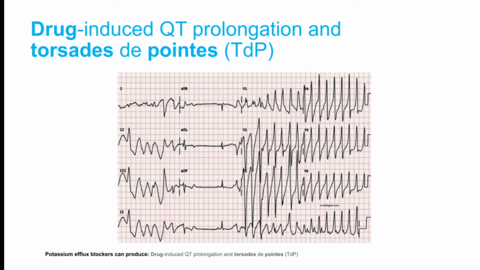Now this is an ECG of Torsades de pointes. Here you can see in the first part of the ECG, there is a drug induced QT prolongation, and later the patient has developed ventricular arrhythmia with twisting axis. Some ECG complexes are negative, some are positive. So the axis is twisting between positive and negative, and the arrhythmia starts with prolonged QT interval.